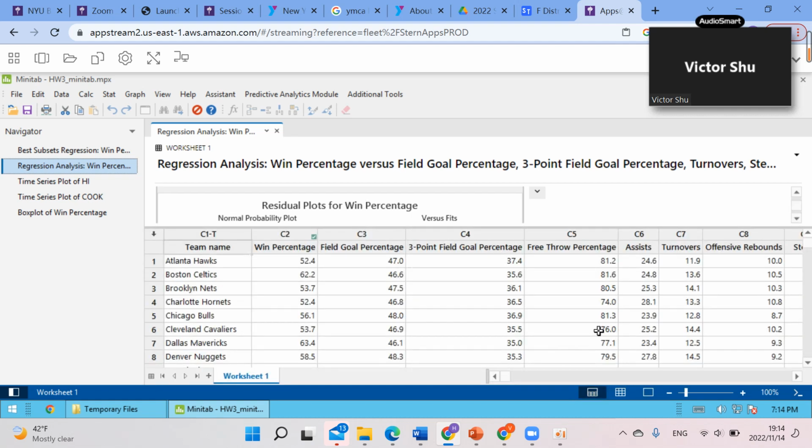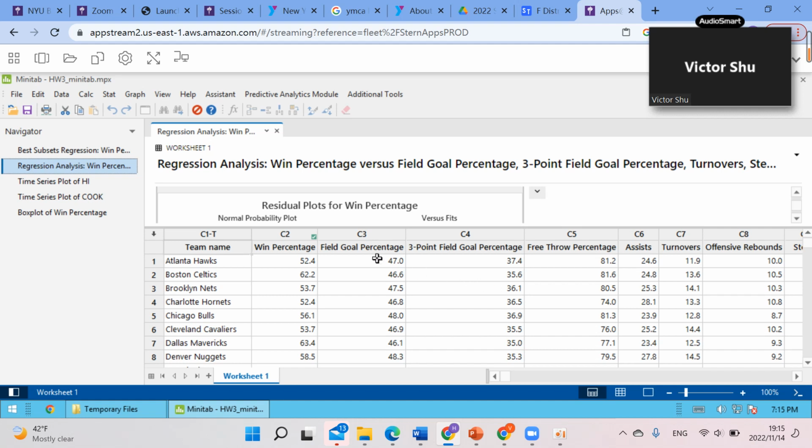Okay, so first, I will follow the example I made from last week. It's still a regression model to predict the win percentage of NBA teams. However, this time I'm using a multiple linear regression model instead of a single linear regression model. Again, my predictor,